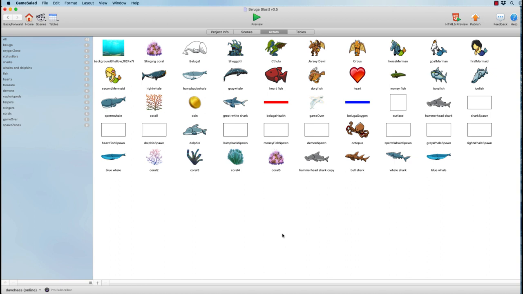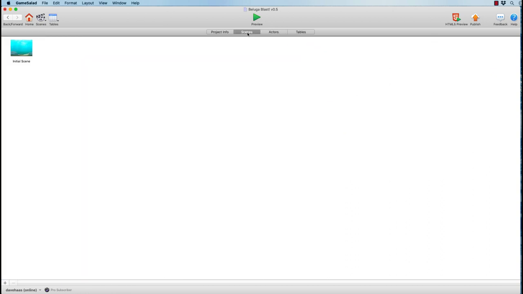So next up, I want to talk about the concept of variables. Many of you probably already know what a variable is, but I'd like to revisit it in the context of object-oriented programming and in the context of game development inside GameSalad. So let's begin this section by understanding the idea of scenes.